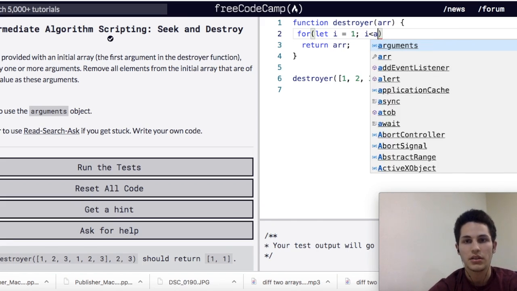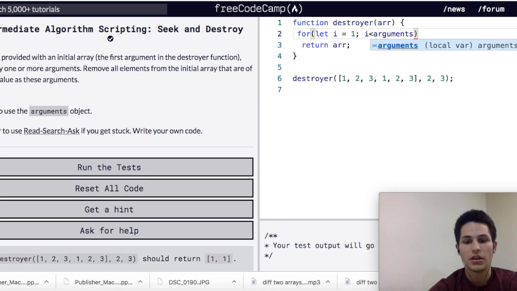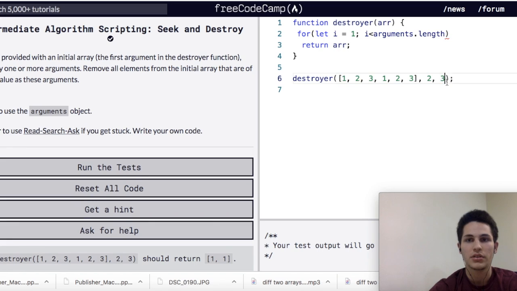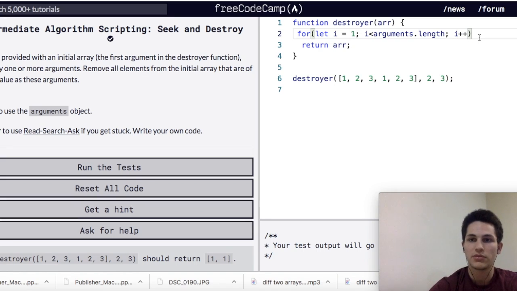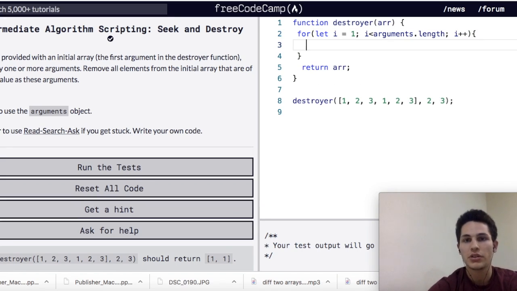i is less than arguments.length, which would be the number of arguments. The arguments object is just all the arguments. So i++. Okay, so that's our for loop, and then we need to filter out